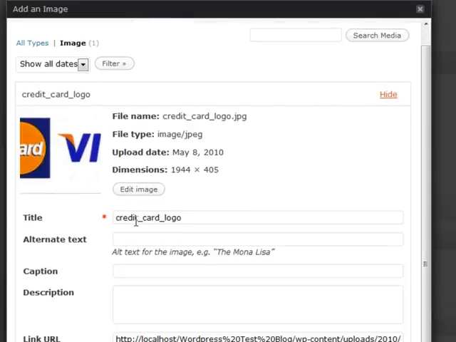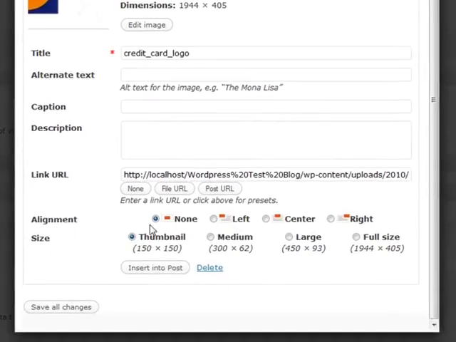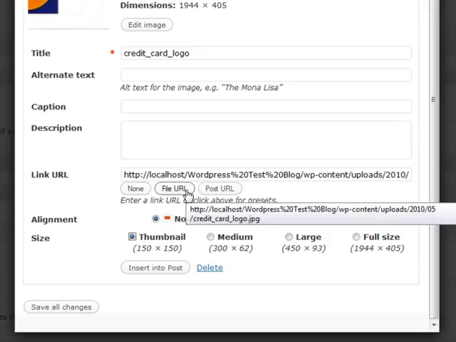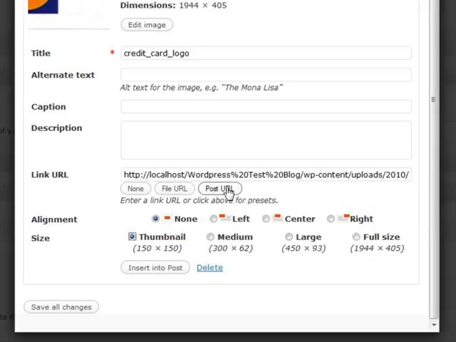And we're going to have the ability to do a couple things here. We can once again edit it right then and there. We can insert a thumbnail version of it, or the actual full size or a medium version of it, and that way we can save space on our blog, especially if it's so big it starts to break the theme. We can put the thumbnail in, and we have a couple of different options here. The link URL can go to either the full file, which is the image, or let's say the PDF, or just the post URL, which is basically the attachment page for that individual